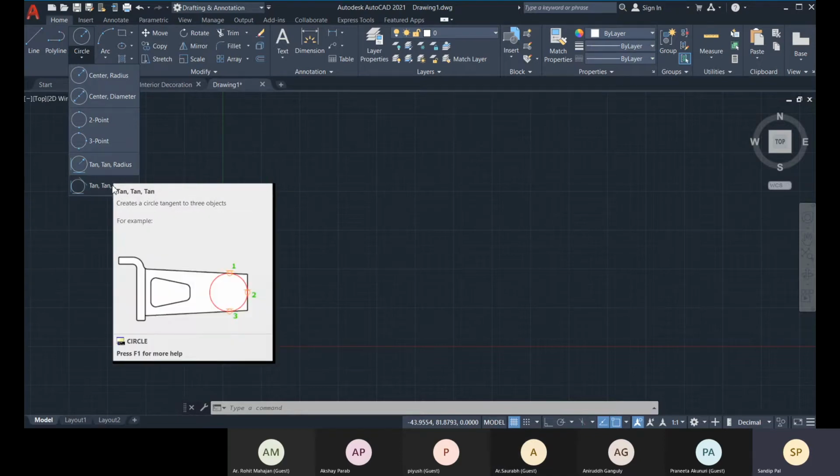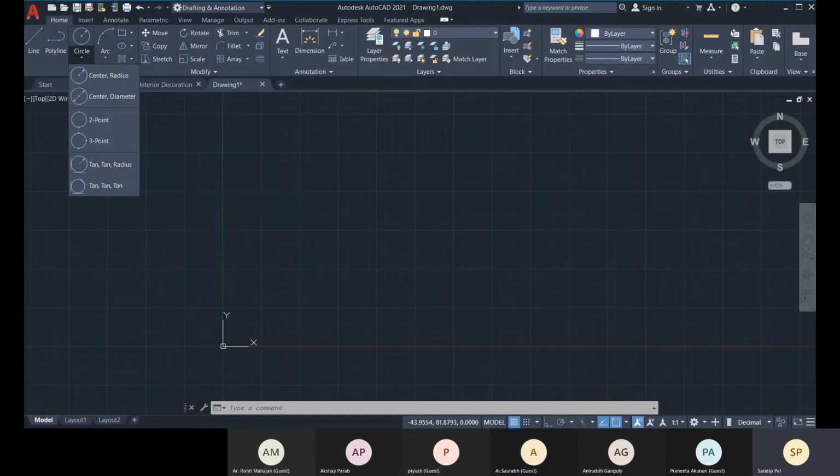We will learn it through a drawing. Okay, so I have a drawing. Let's create that with circles and lines, and another option is Trim. Trim and Extend options are available, so I will discuss them while working on it.